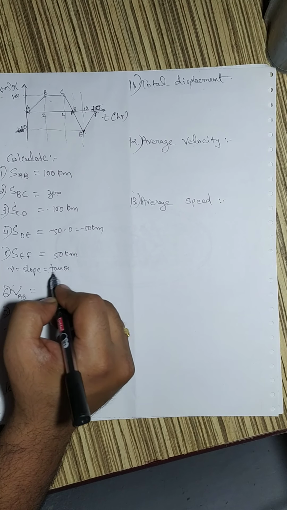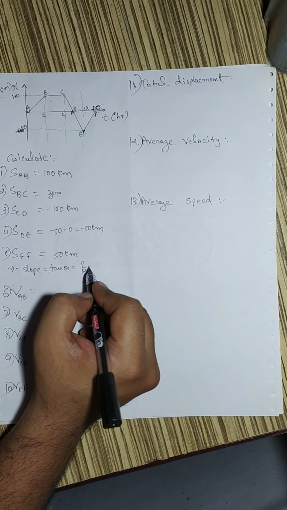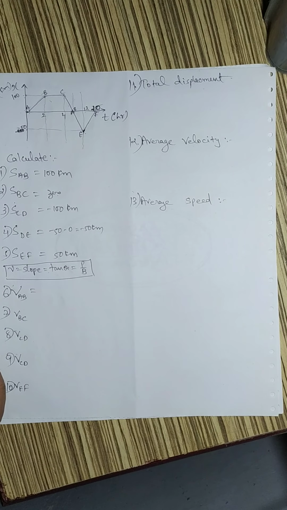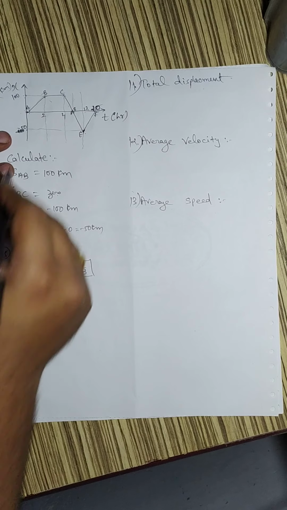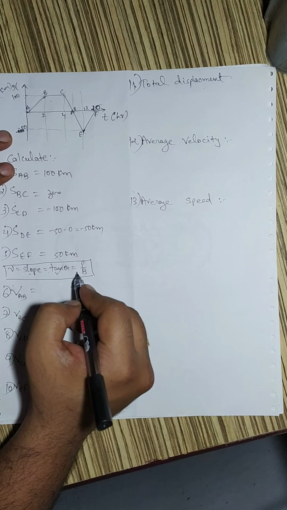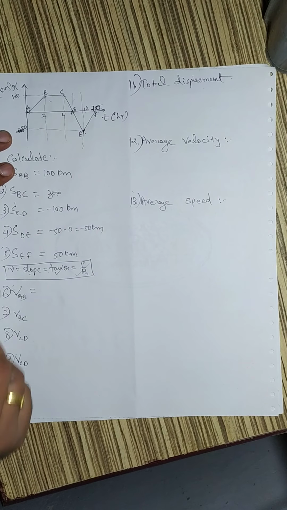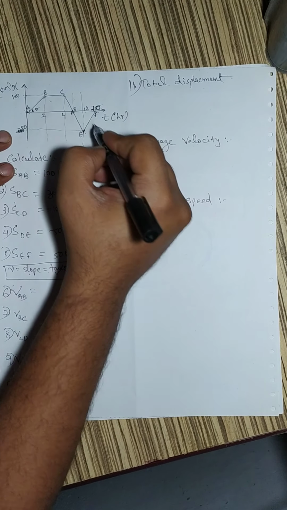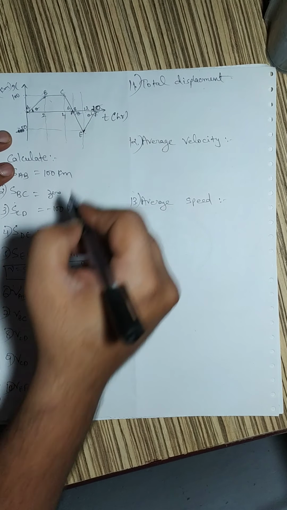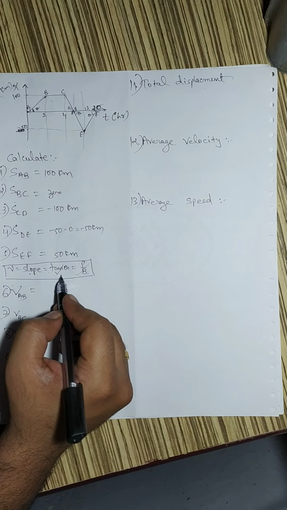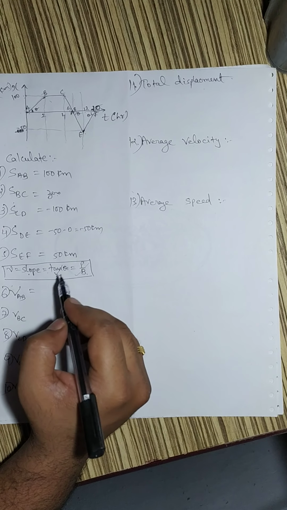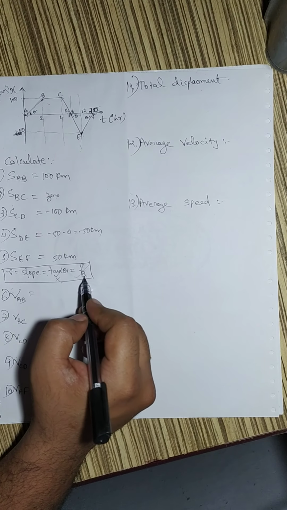How to calculate tan theta? Perpendicular upon base. Let us understand what this complete expression means. Now to calculate velocity, we have to calculate the slope. To calculate slope, we have two ways. Either theta must be given or perpendicular and base must be given. Here theta is not given, nowhere is theta given. Hence, this we can't use. Sometimes in some typical problems, it is needed to use this, or otherwise we use perpendicular upon base.